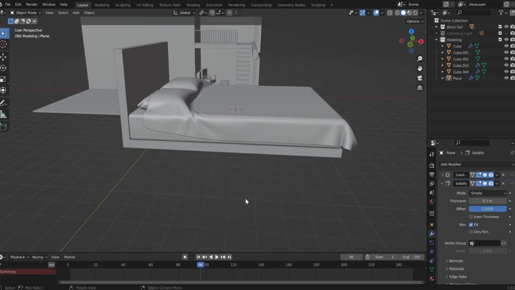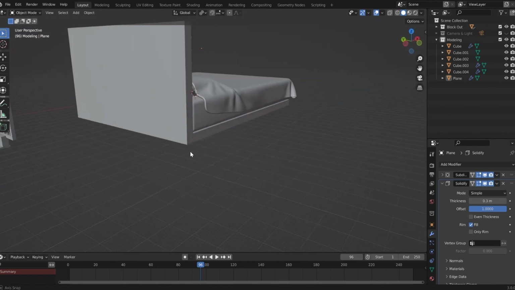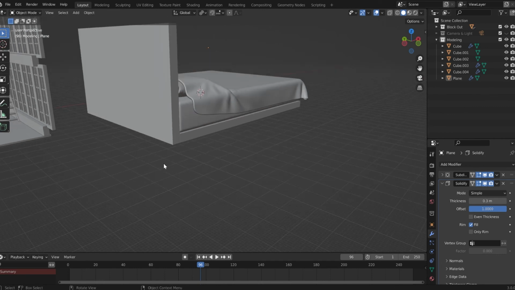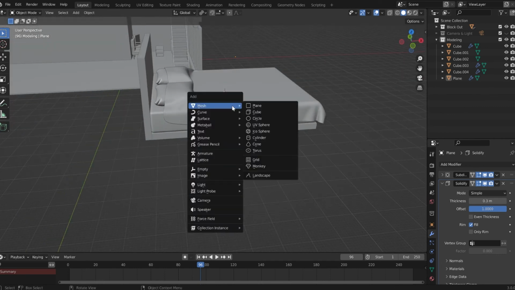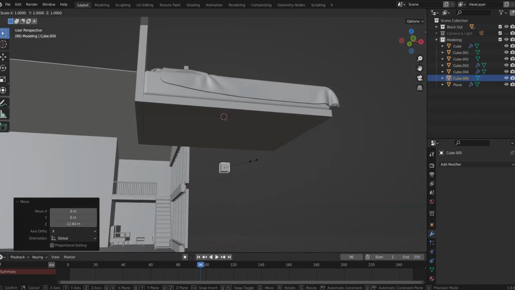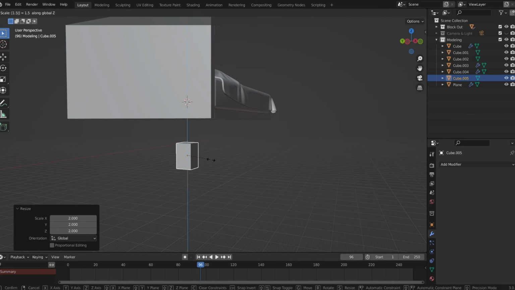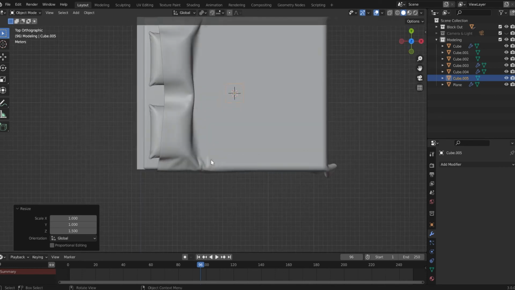Now let's create the legs of the bed. I want to have strong, thick legs. So for this, I'll create a cube, move it down, resize it, let's say 2, and press S, Z, and 1.5. This is good. Now, let's see bottom view with 7, numpad 7, and then press numpad 9